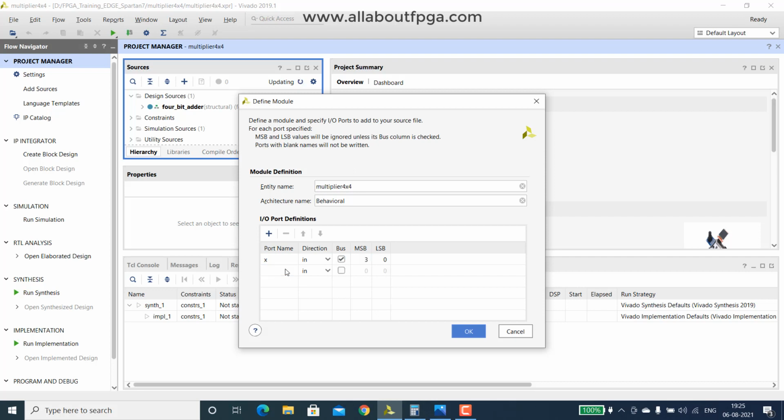Then we have a y input, the bus range of 0 to 3 again. So we will have the product P with an output of 7 down to 0. Okay.